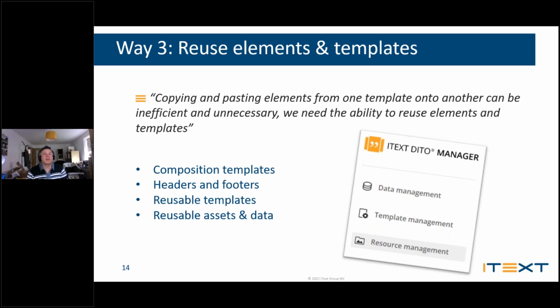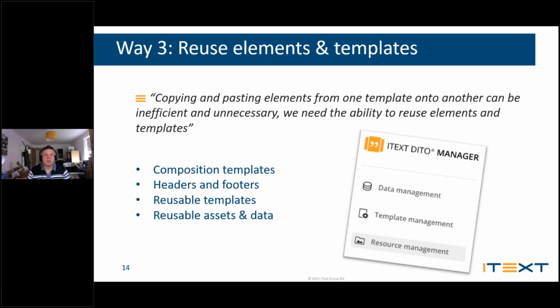We are talking about the headers, the body, and the footer. Copying and pasting every little design or element sometimes is very time consuming,